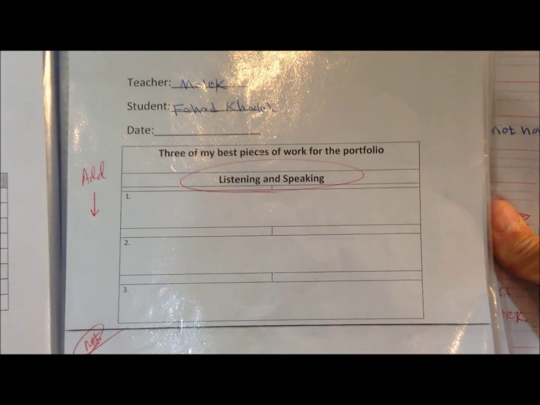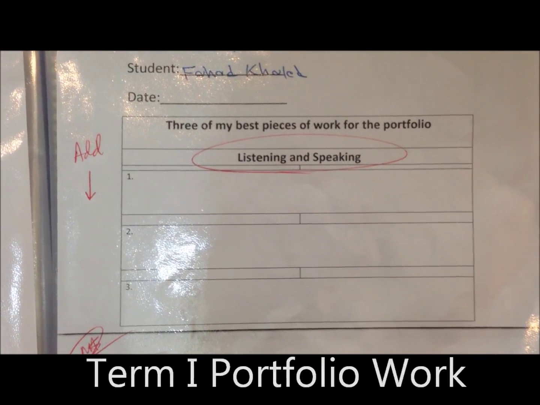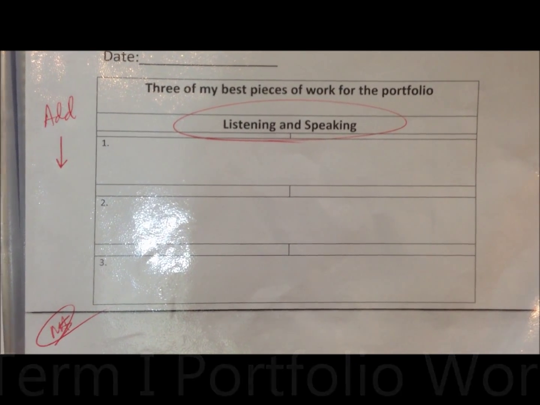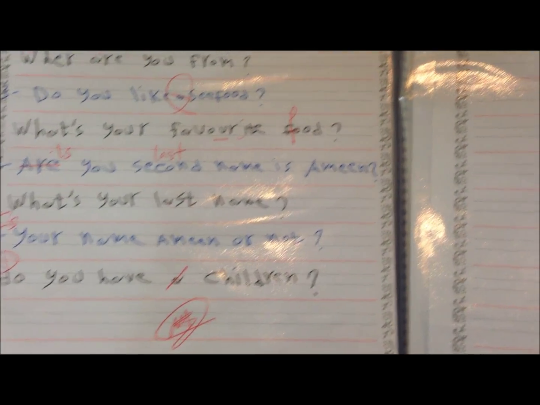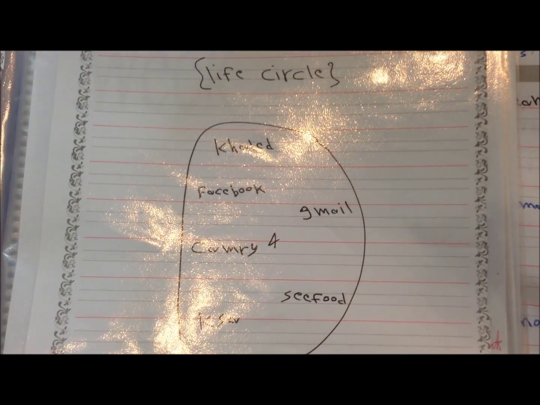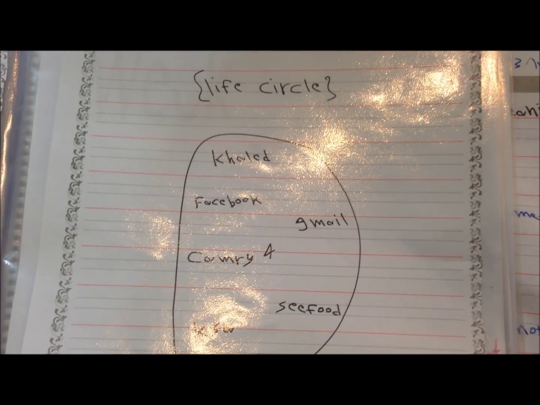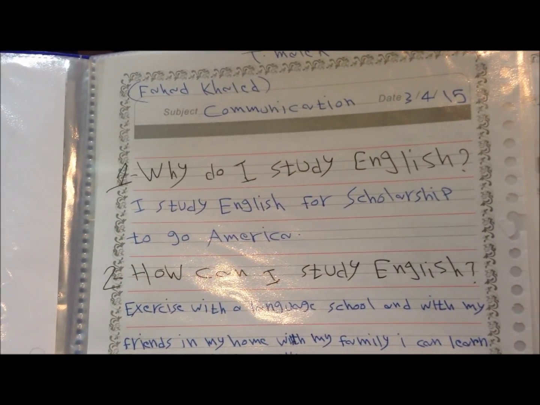So having a quick look at your portfolio here, for example, this is for the first term, week number 2. You need to include here in your portfolio the labels or the things that we did for that week on this title page here for each week. So we have here some of your work from the first term. Things like this you need to be able to explain. I hope that when you go back and review what you've done, you're able to actually explain some of the work that you have within the portfolio here.